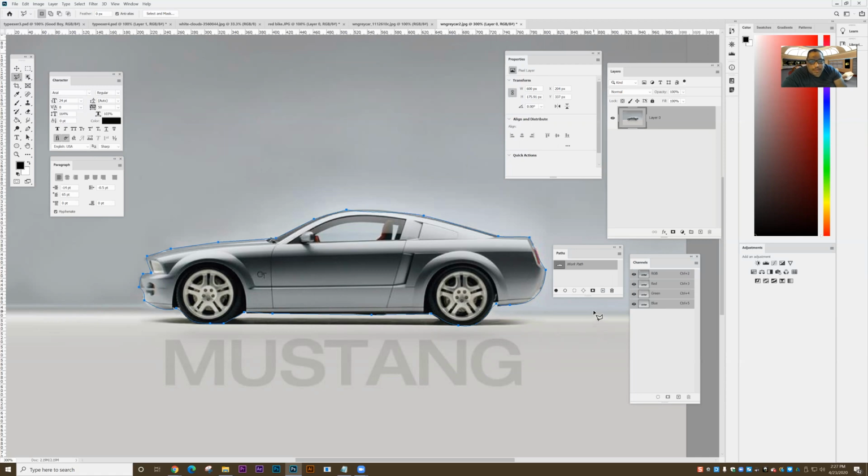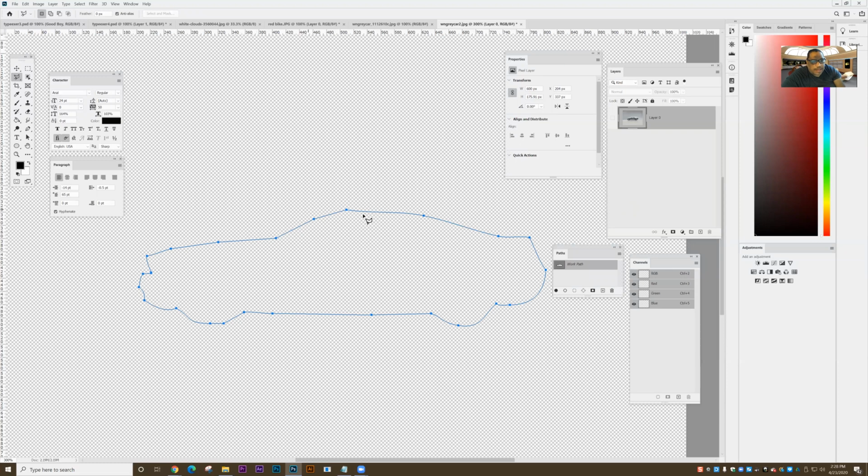So I can isolate the work path so you can see it better. I'm going to turn off, now the layer is unlocked, I'm going to turn off the layer, and you'll see that I can actually see the path that I made from the selection. Now I can do things with this. I could use the same layer or another layer, and I could apply a stroke or a fill to that path